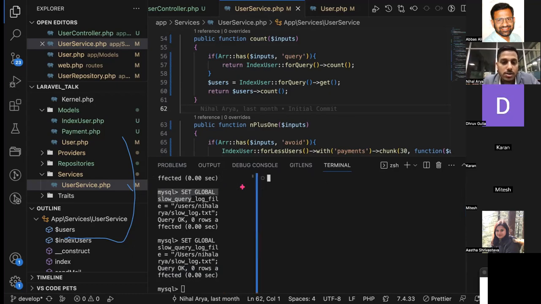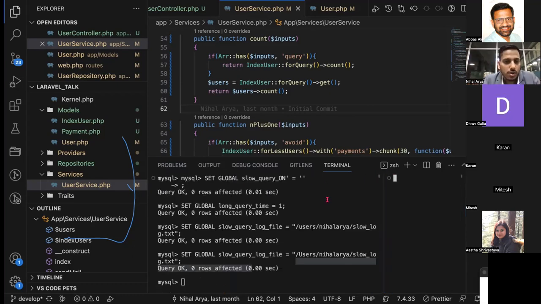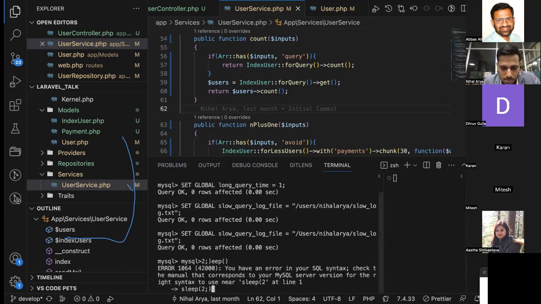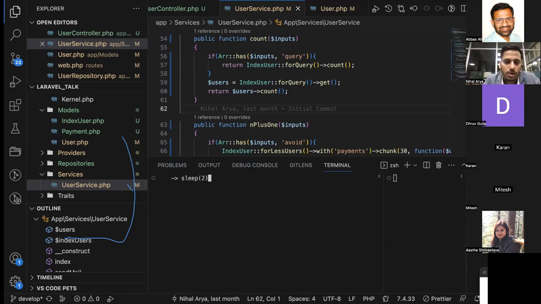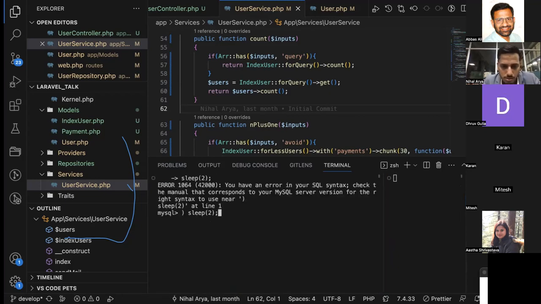Now what I'll do is just to check if my slow query logs are being logged or not, I will write a sleep query. Right. Sleep, and I can write 2. So now this query, what it will do is it will like